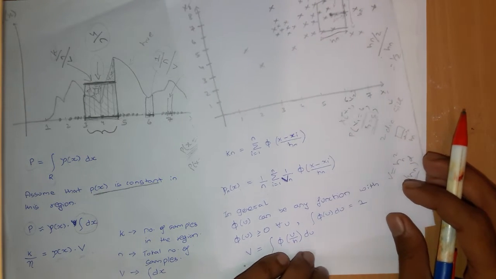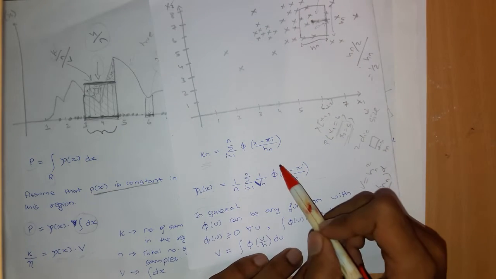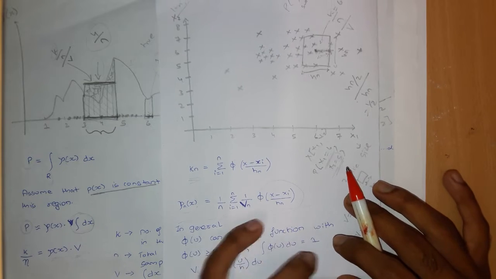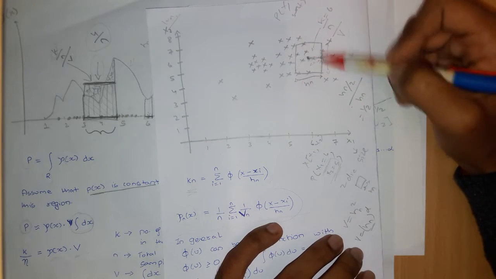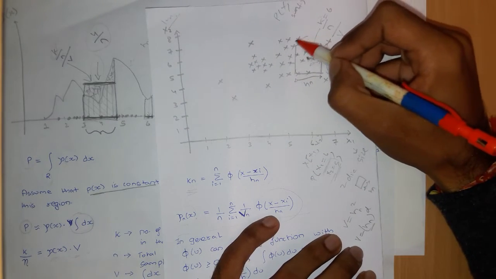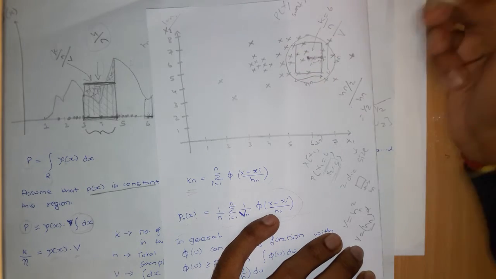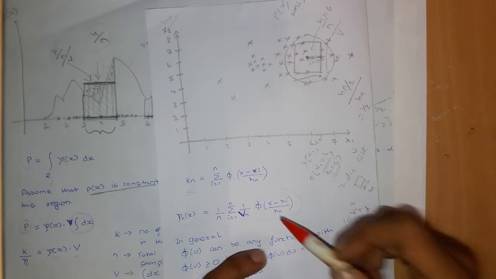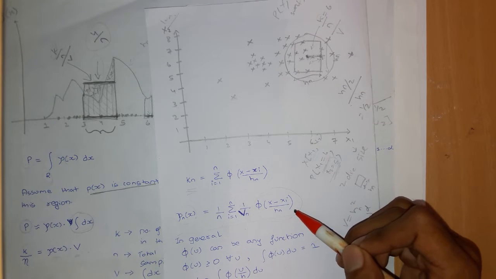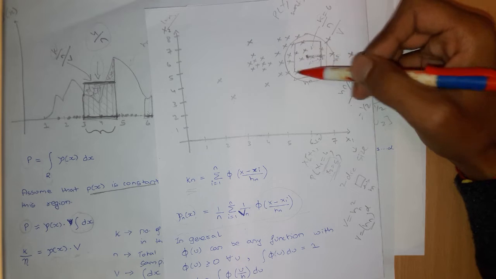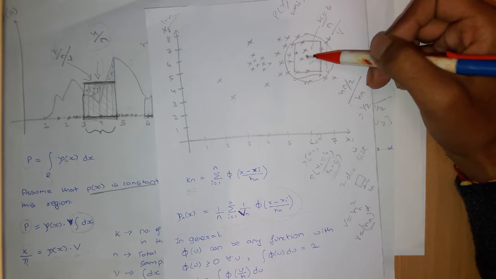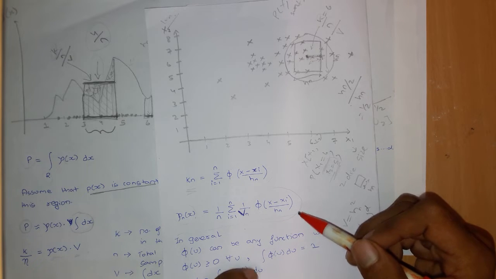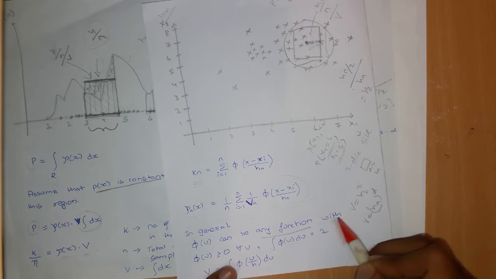Now you can see that this function can be any function. It need not be a square. I can have a region with, say, a circle. I can have any arbitrary region. So this can actually be anything. You don't need to confine it to a square. You can have any function, but then it can not be just any function. It should have some